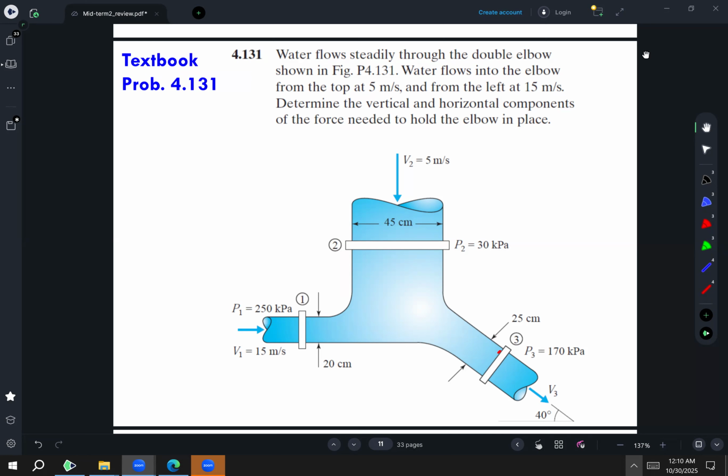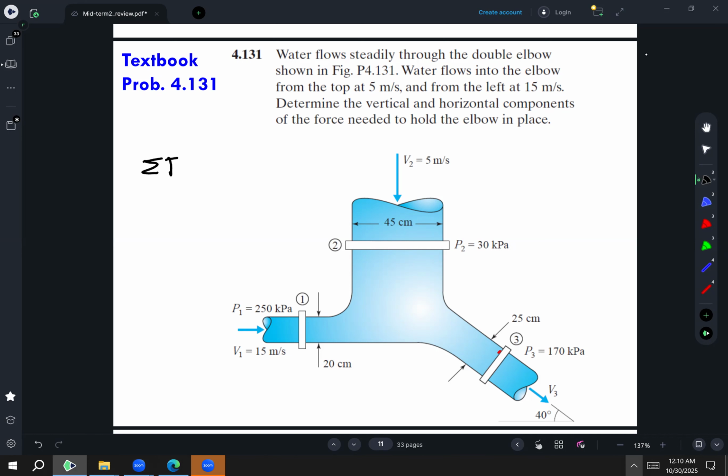This problem is asking me about the vertical and horizontal components of the force. So whenever we talk about force, we have to think about the momentum equation. Here we have three pipes, so we cannot apply the equation for one inlet and one outlet. We have to apply the general equation of momentum. And the general equation of momentum is